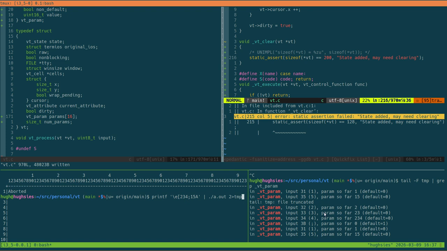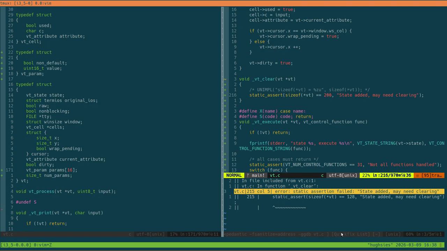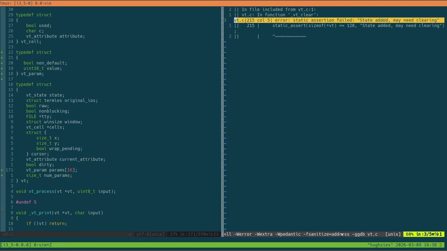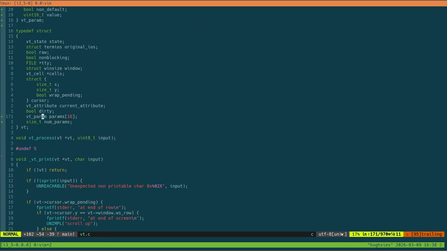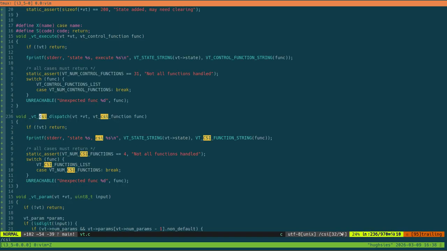We're sending 234. That's 223, 224, and then param so far is that. Default is 1 for the second parameter to start with, and then we get 1.5, and the default gets sent back. So when we do the CSI, I think I want to just kind of get rid of things there. So when we do the CSI,